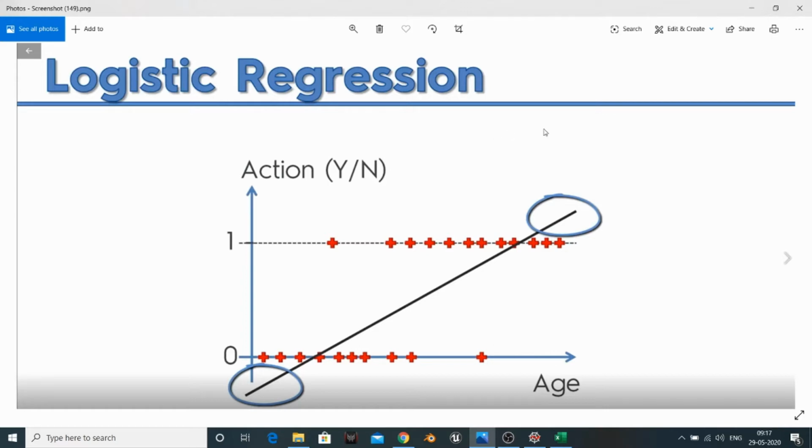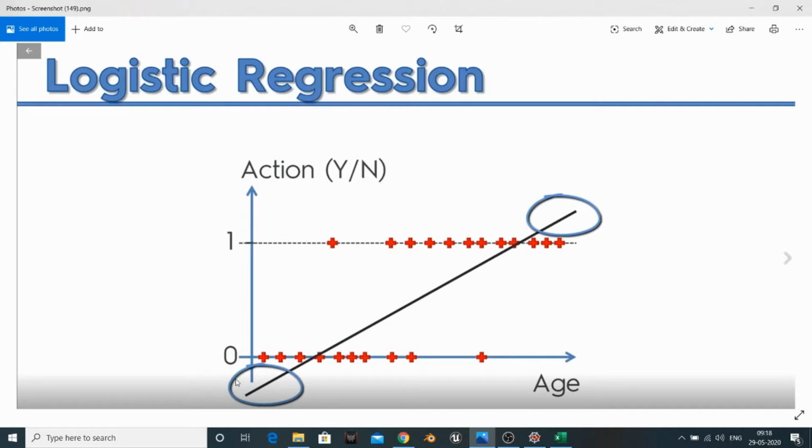So let's say we implement simple linear regression, or multiple linear regression, over it. It is going to plot a straight line, I mean a best fitting line of the model, as you can see here, but it's going to predict values like 0, 1, 0.5, 0.75, 1.2. As you can see, the values can be more than 1 and values can be less than 0.